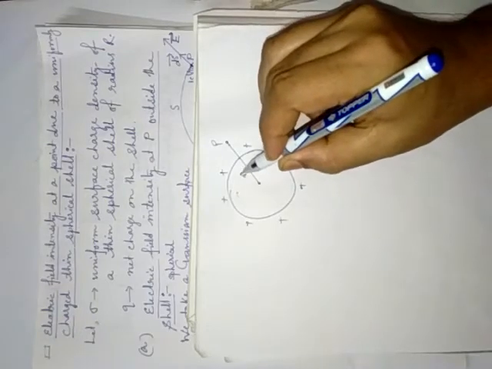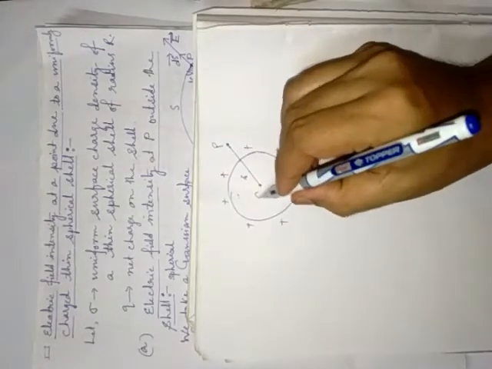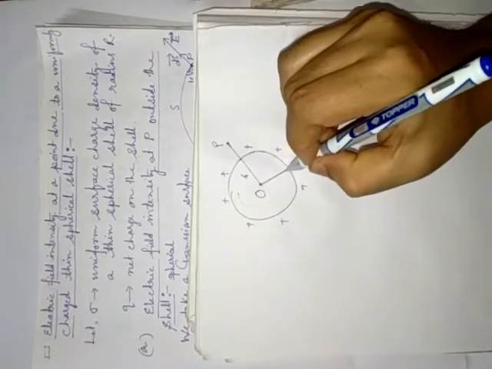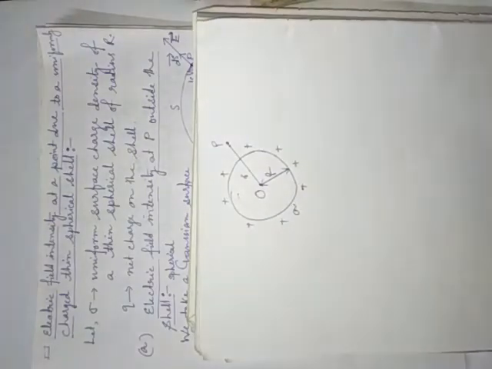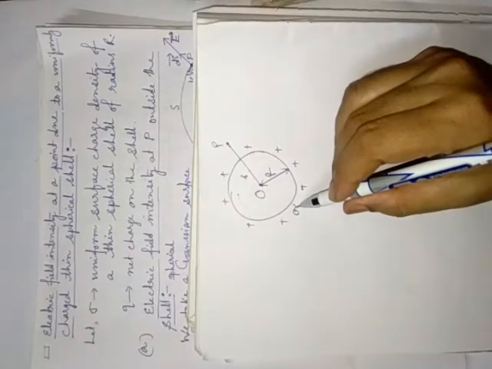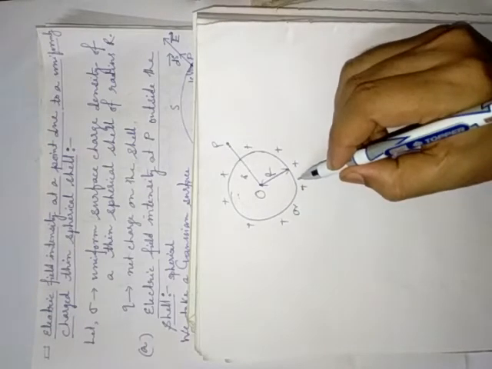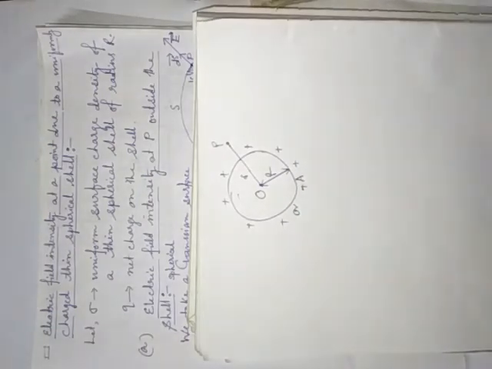r, from the center of the cell, and the radius of the cell is suppose capital R, and suppose the surface charge density is sigma, it is uniform surface charge density. And suppose the area of this cell is capital A. Since we are going to apply Gauss's law here, we require a Gaussian surface, and a Gaussian surface is a closed surface, all of you know.